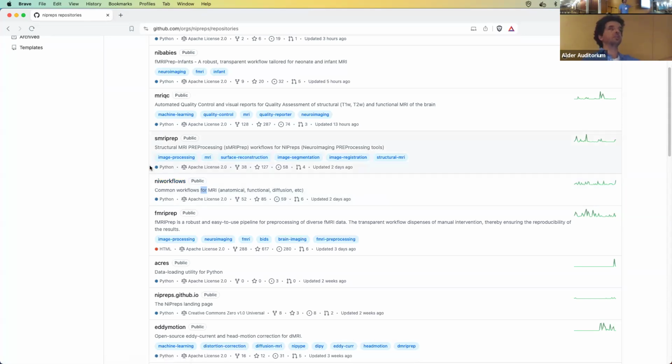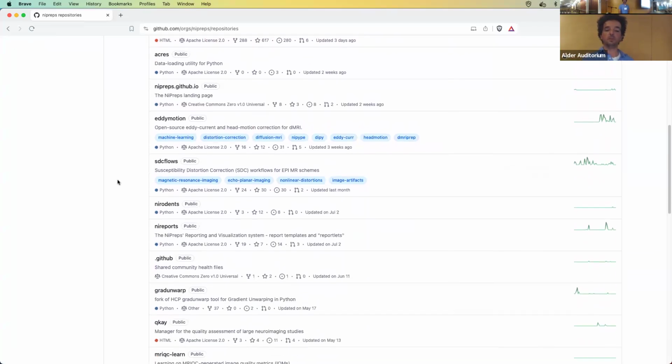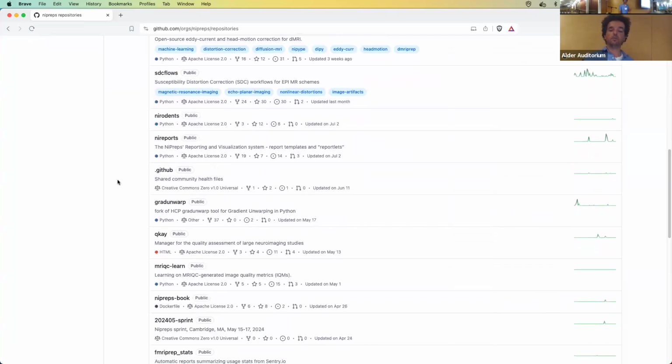So Nipype workflows takes that a little step further and implements standard workflows that you might want to use across different kinds of things. And then fMRIPrep, for example, uses some of these things for new workflows, but sMRIPrep, which is pre-processing of structural MRI, also uses these same tools. So it's kind of like a whole ecosystem here that is built around this, and multiple specific use